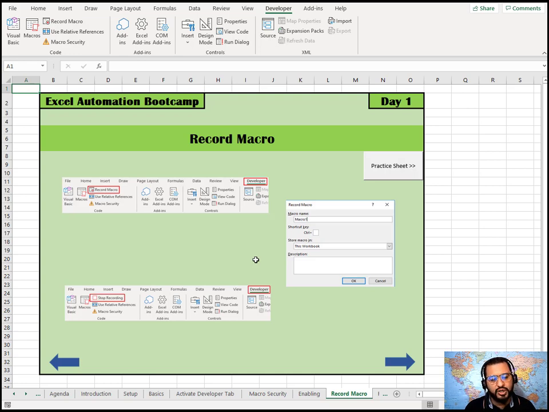But if you are not a programmer or you do not know how to write the code, these macros can also be recorded. The step to do that is, once you're on the developer tab, there is a button which says record macro. You have to click this button, and after that whatever keystrokes you do on Excel will be recorded. And once you are done with all the keystrokes, you have to click on stop recording, right?